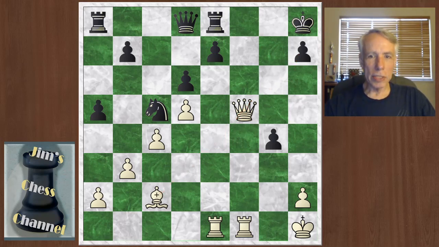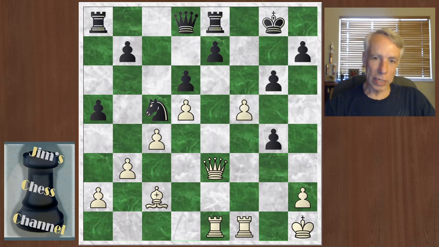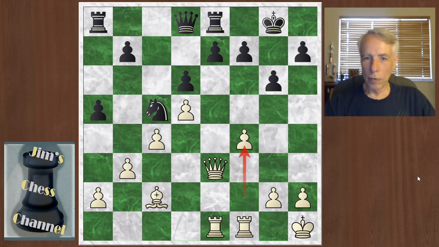So the takeaways from this game, there's two things that stood out in this game for me. One is the idea that you can push the f-pawn forward immediately in a single bound if you forego the f3 move. The other idea that stood out to me was that b3 push,